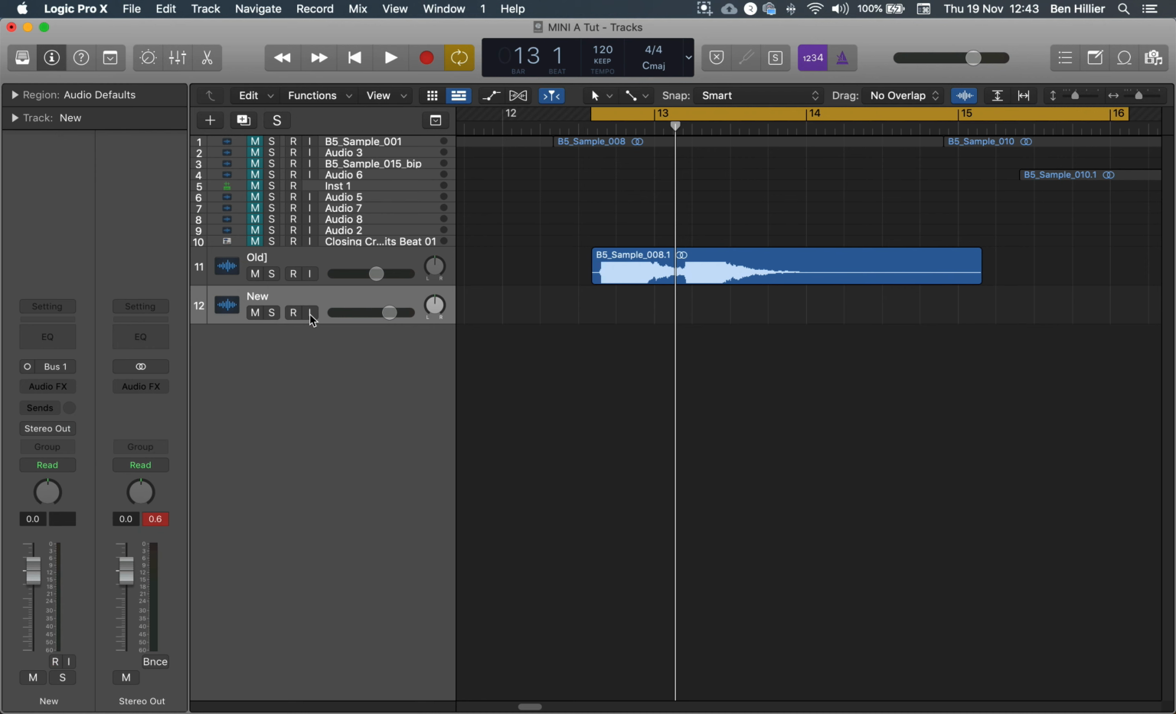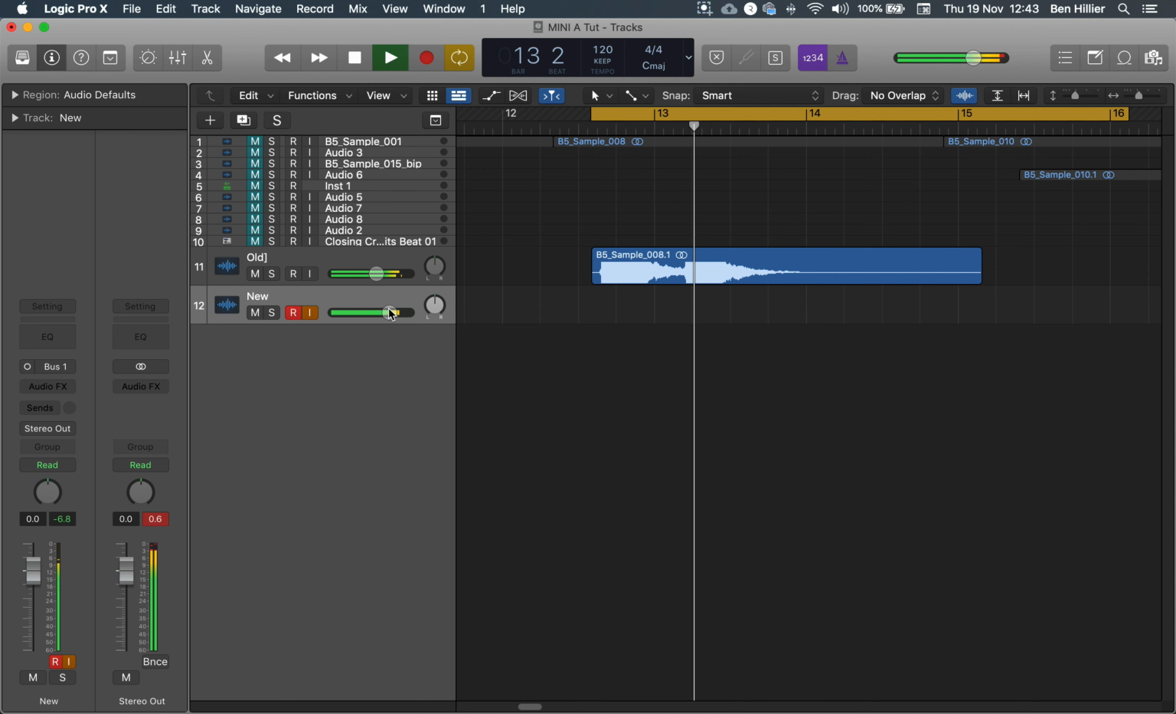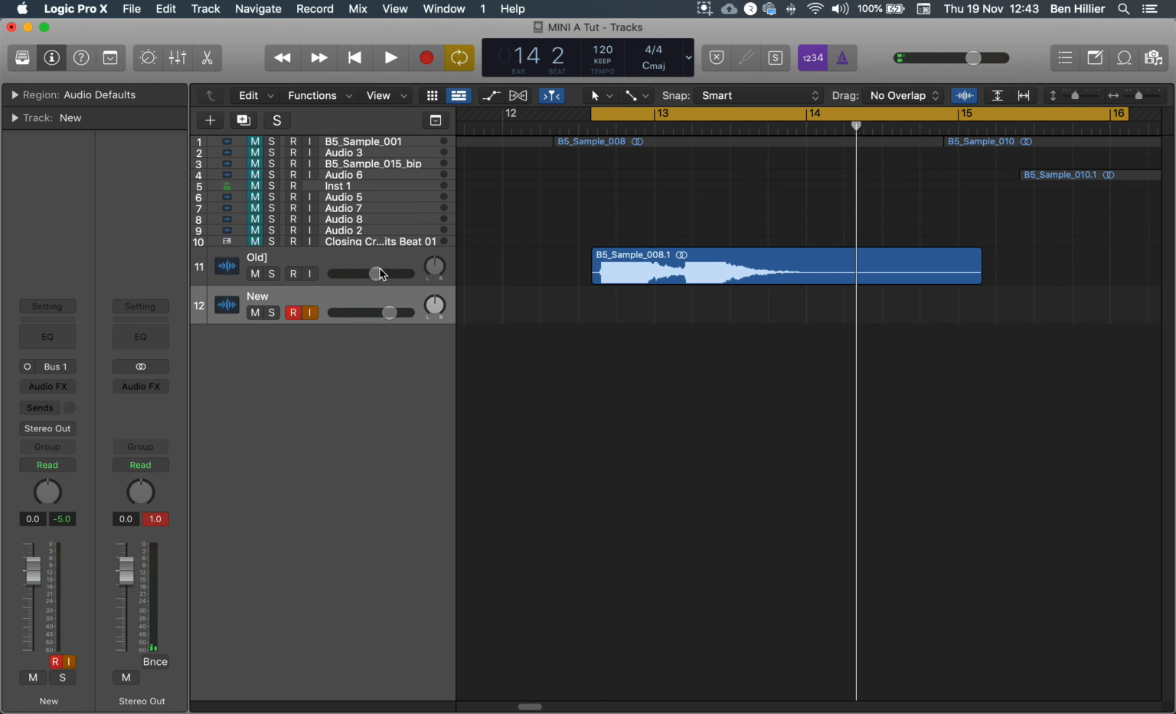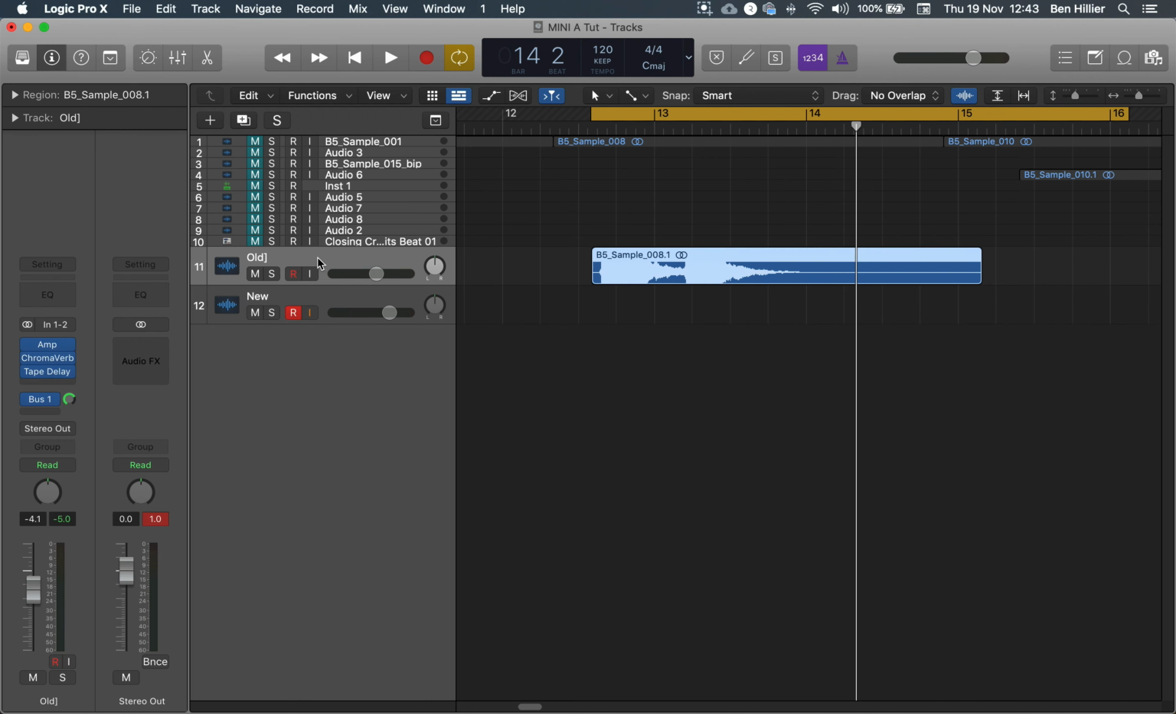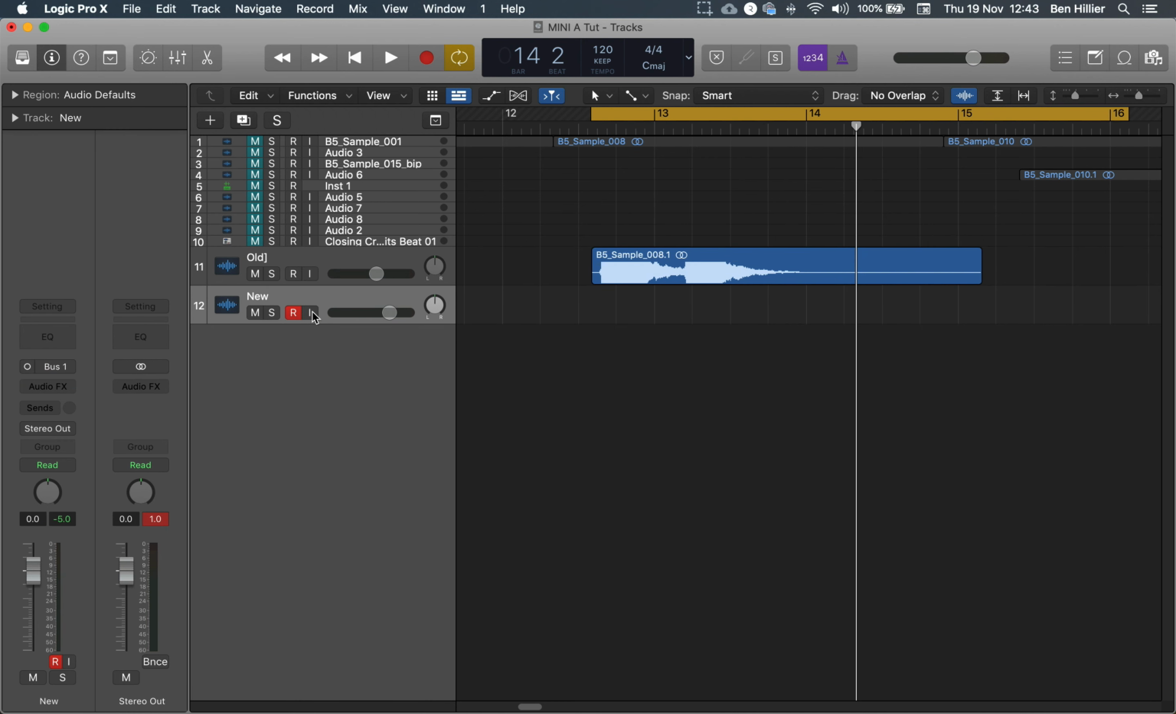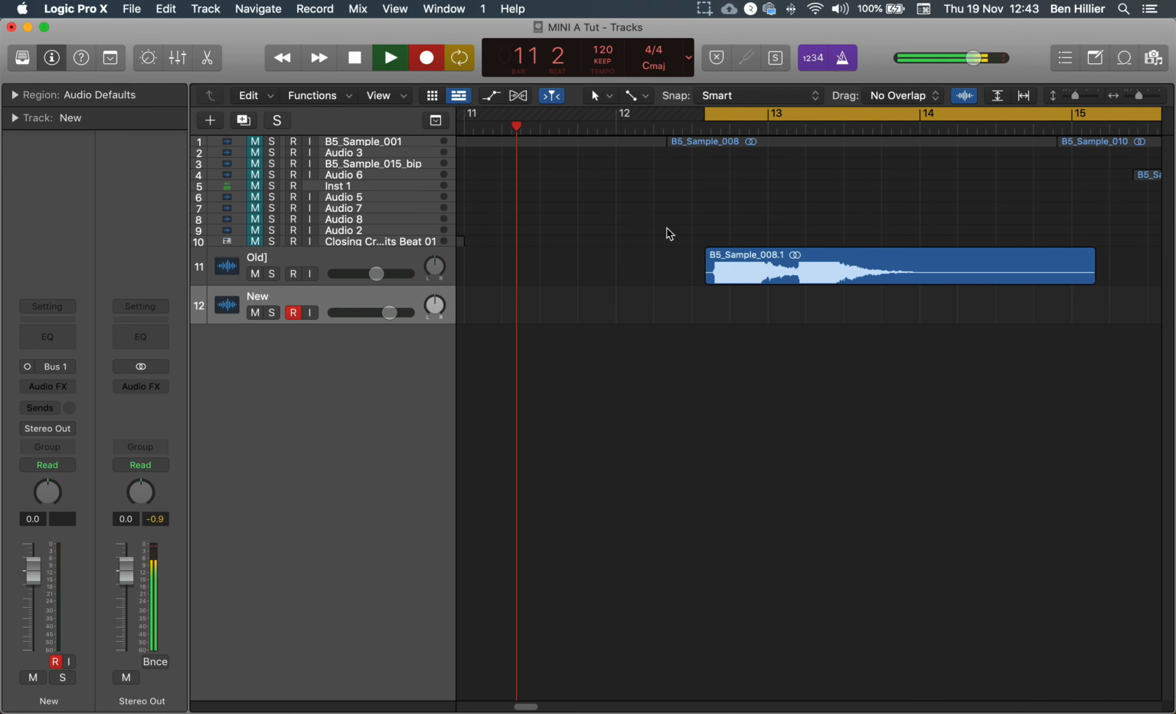So if I hit the R button and the monitor button, we can see that the meter is going up for this track here, but it's also going up and down for our new track because this is now receiving that signal. Okay, so this will enable us to record whatever we do from the old track onto the new track. So just to demonstrate, if I hit record,